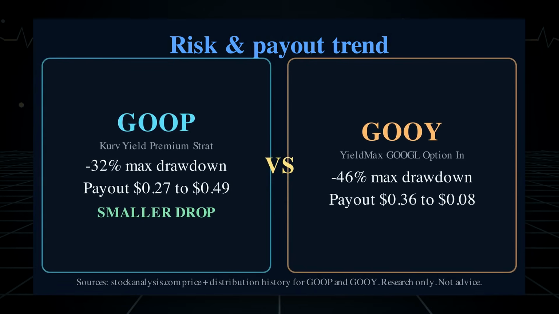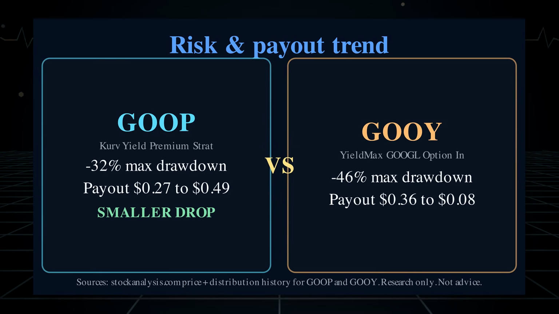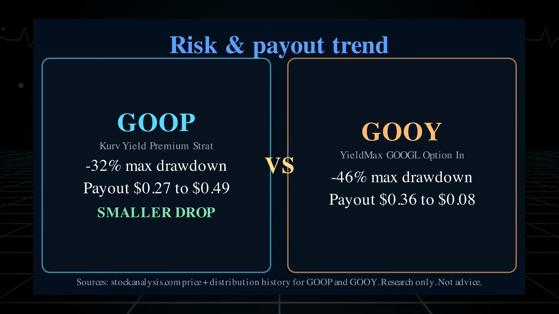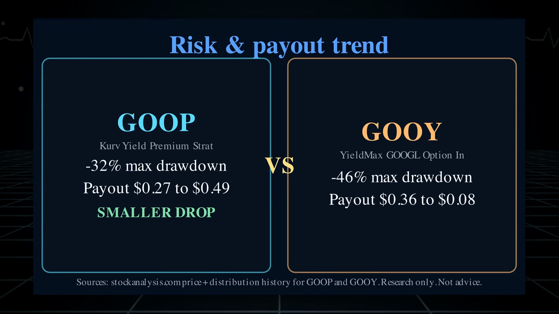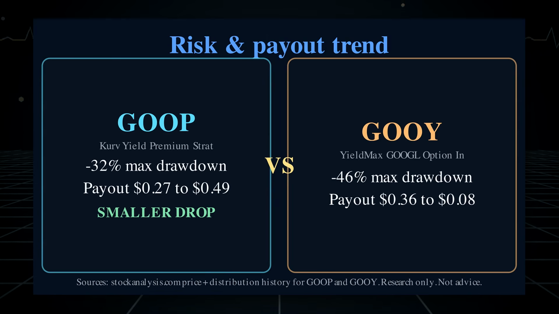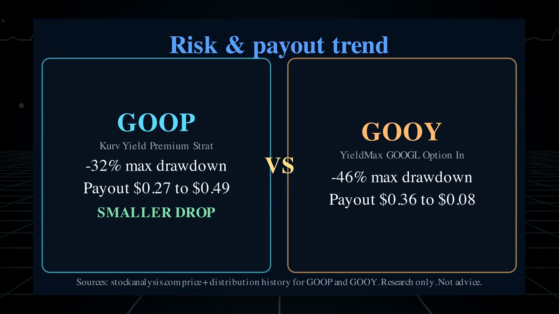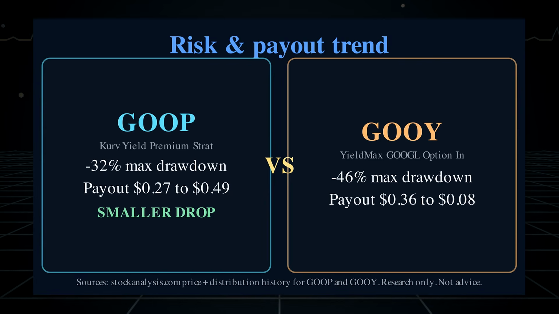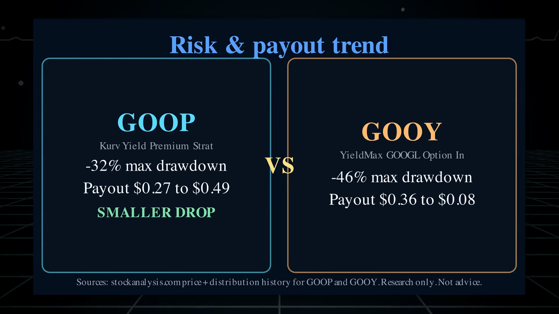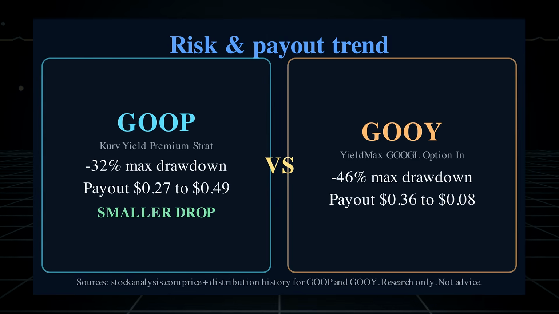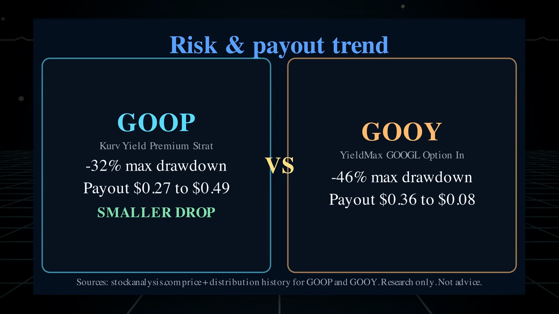Risk is not merely whether the final number finished green. It is the path endured to get there, and whether the income stream strengthened or weakened along the way. GOOP's maximum drawdown was negative 32%. GOOY's was negative 46%. Both are severe declines that could shake a real spending plan or tempt an investor to exit at the worst moment. GOOY suffered the deeper fall. GOOP held up better, but a negative 32% drawdown is not gentle. Anyone treating either payment stream as bond-like income would be ignoring the concentrated stock and options risk beneath it.